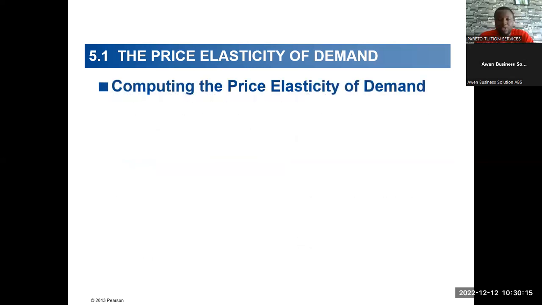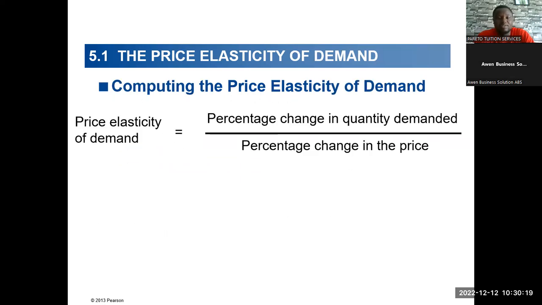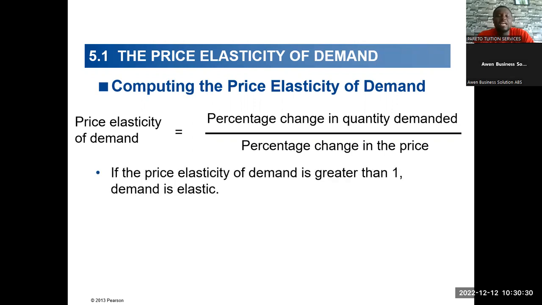All right. How do we compute price elasticity of demand mathematically? Price elasticity of demand is percentage change in quantity demanded over percentage change in price. So we find the percentage change in quantity, and we divide it by the percentage change in price. Now, we are using the absolute value, remember, we are ignoring the negative